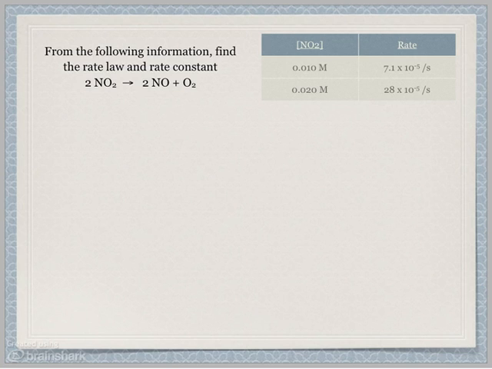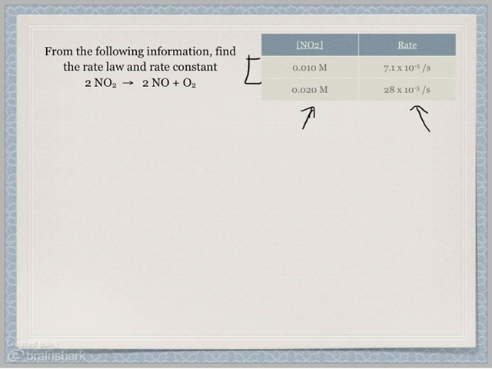In this case, when you have this type of problem, you'll notice that you have a chart, usually, with a list of all your reactants, and in that list you'll also have different concentrations, the concentrations that you're changing, and then the rate that you measure once those concentrations change. Now what we're going to do is a ratio of rate laws between the two different trials that you have here. So for example,